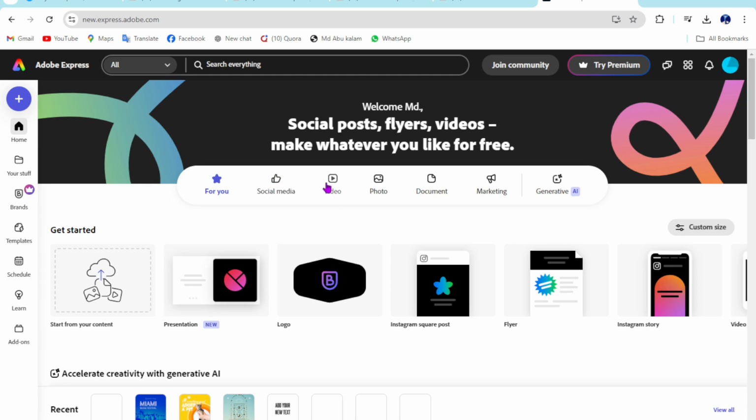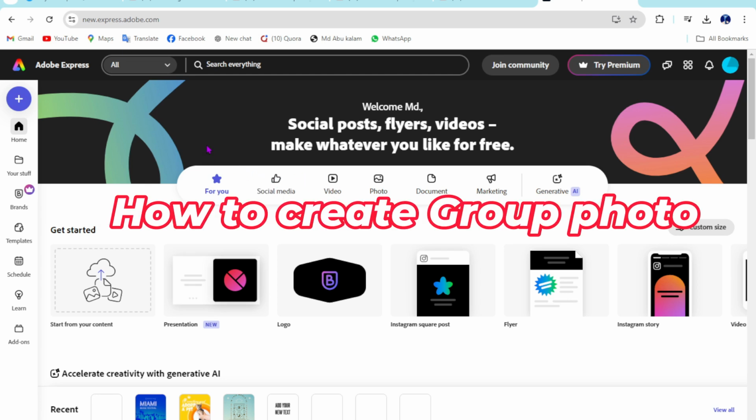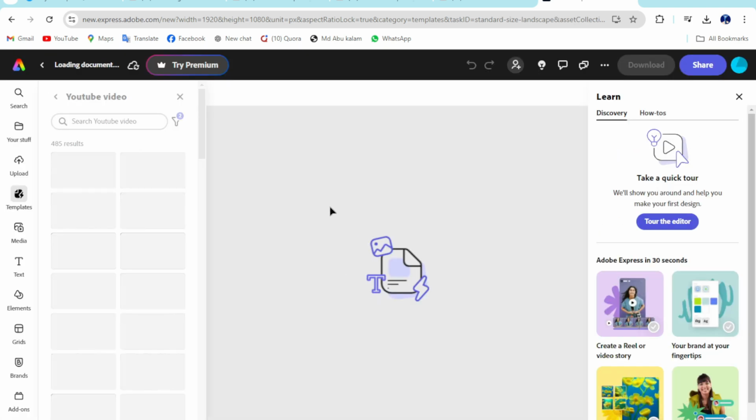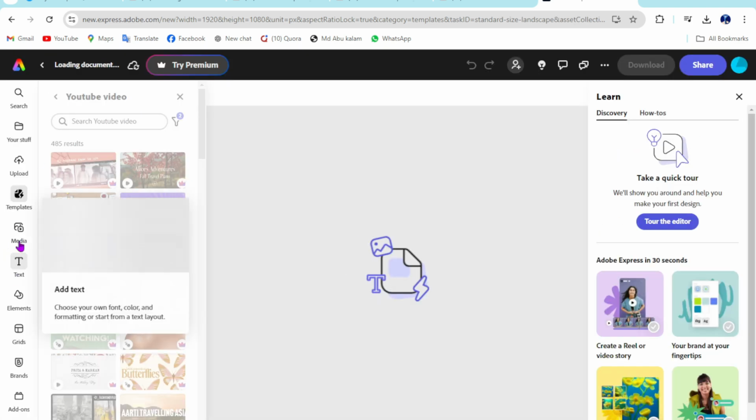In this tutorial, I'm going to show you how you can create a group photo on Adobe Express. So first thing, you need to go on Adobe Express, then open up a design. For example purposes, I open up a design. So here is the type of